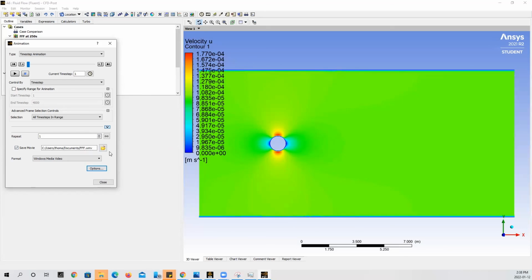Now, to actually start creating the animation, we're going to go ahead and press on the little play icon here. As you can see down in the bottom here, we have a progression bar that appears, and it says which time step it is loading. So as it runs through the animation, creating each frame and splicing all these frames together to create the animation, it is going to tell us which time step it's at, and it's also going to display the time step